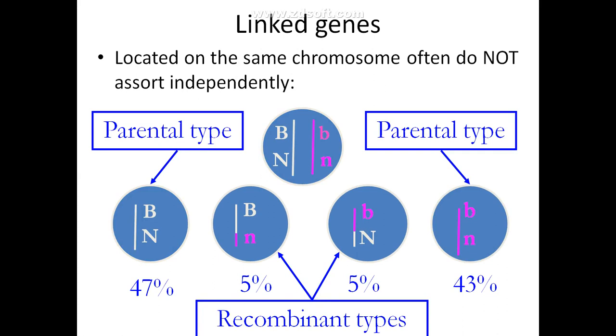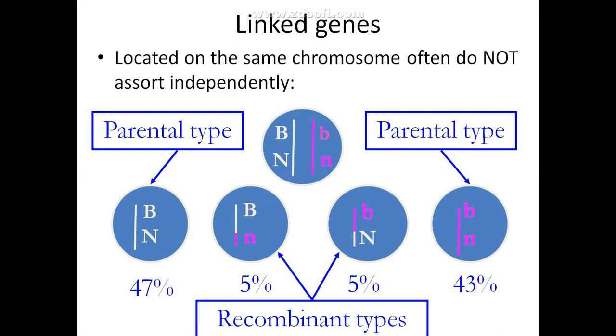So in linked genes what happened, Morgan found that 47 to 43% was similar to the parent, telling that they are linked, they cannot be separated. Okay, these traits cannot be separated, but a small amount he found was completely new, telling that this linked gene can become unlinked during crossing over. When does crossing over occur? Crossing over occurs during meiosis.